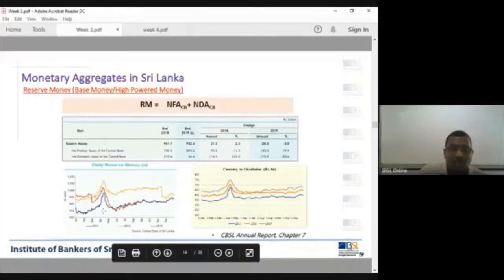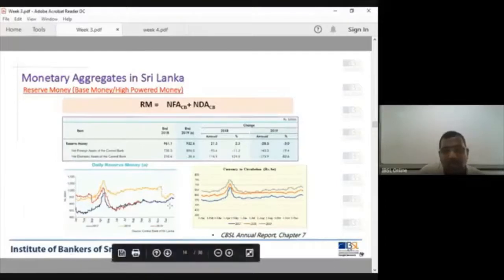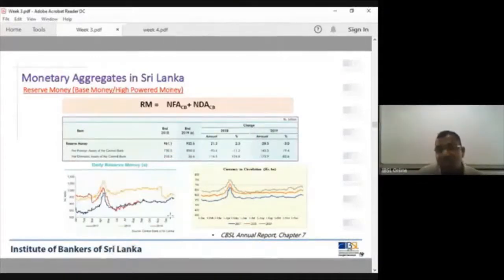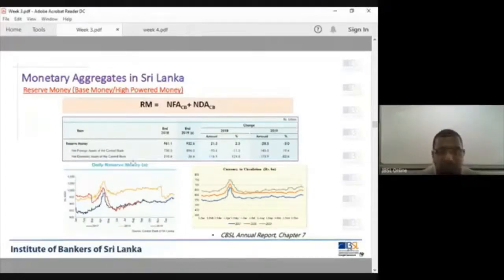And I told you that during some periods reserve money is peaking, going up, because of festive demand. And in some periods, you see large drops in reserve money movements. That is basically due to the central bank's reduction of the SRR, the statutory reserve ratio. Now, last week, the central bank reduced the reserve requirement. So what is the implication for reserve money? What can you expect on reserve money? Will reserve money increase or decrease with the reserve ratio cut?